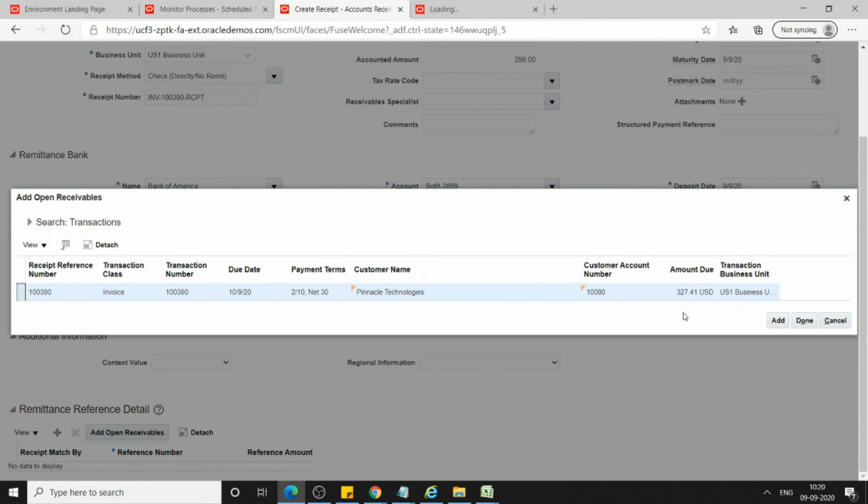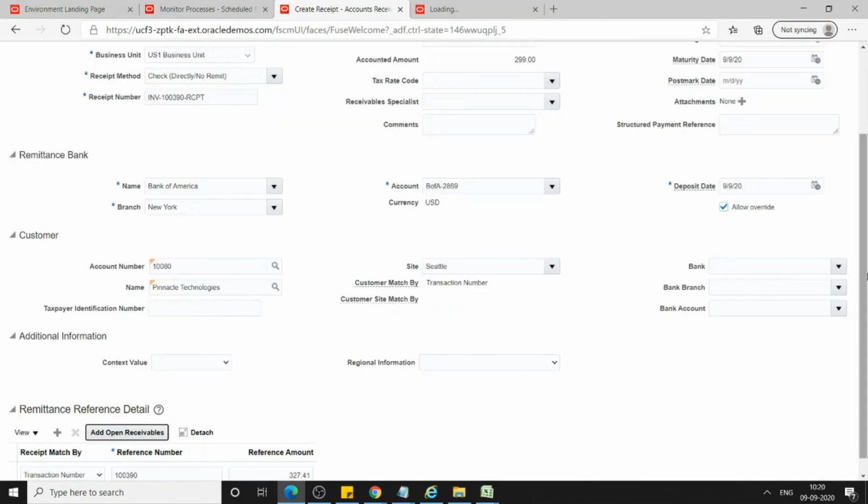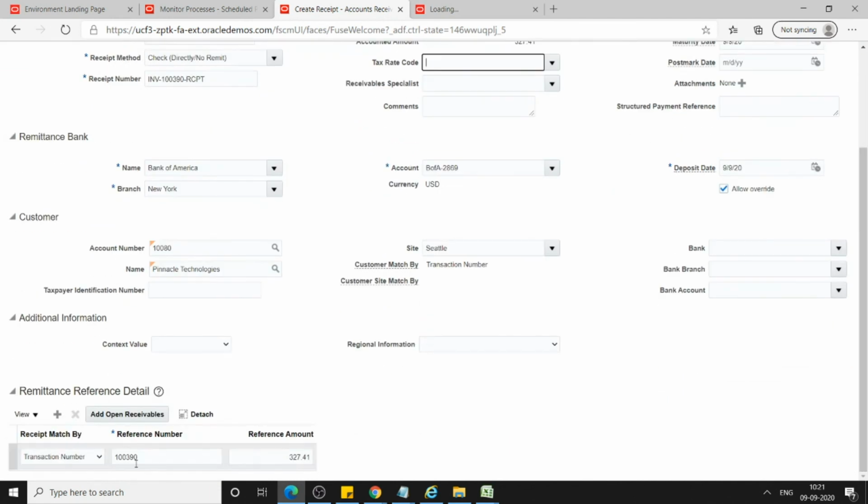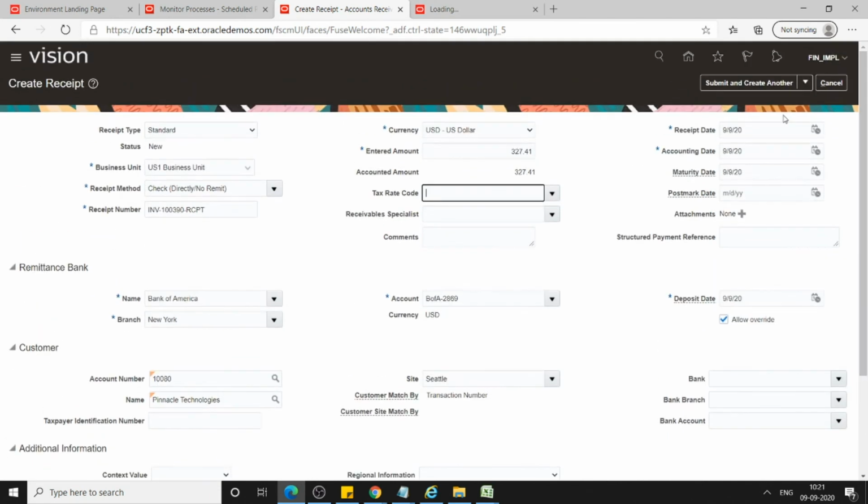It is 327.41. Okay, click on add and done. Let me change the amount to 327.41. Okay, so now I have created a receipt for invoice 100390.